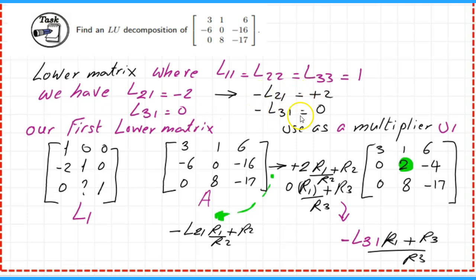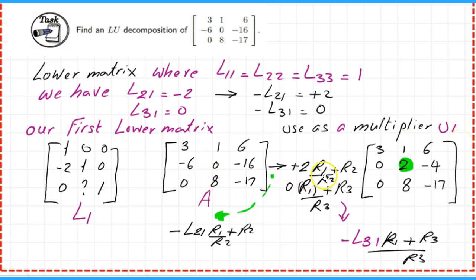We change the negative value and multiply by row 1. For instance, in order to convert this from A to U1, we need this to be 0. So we divide this by this and change the sign, multiply by 2, 2 times row 1 plus row 2, add in the row 2. And in order to get this 0 already, we divide this 0 over 3, change the sign, multiply by R1, add to R3. For the first operation, this row 1 is kept unchanged.